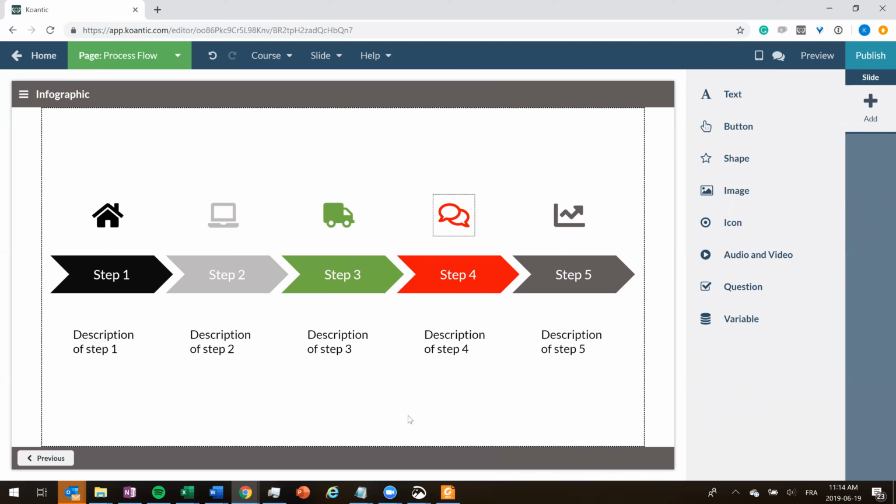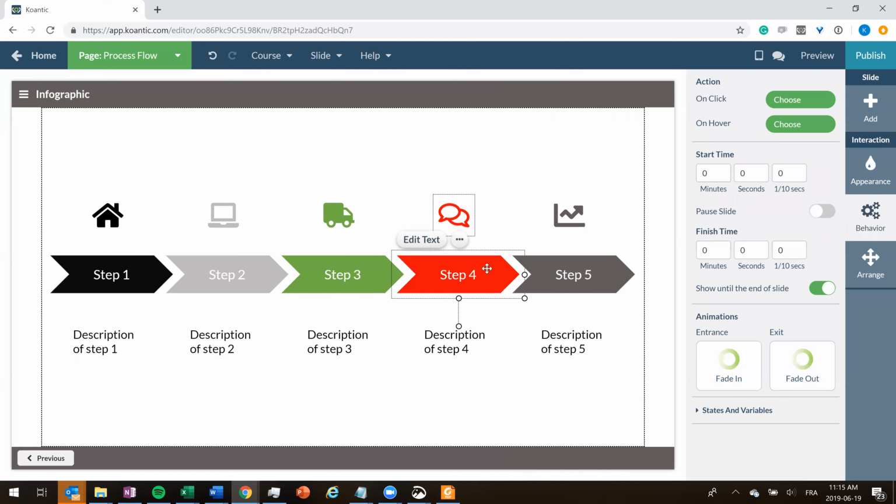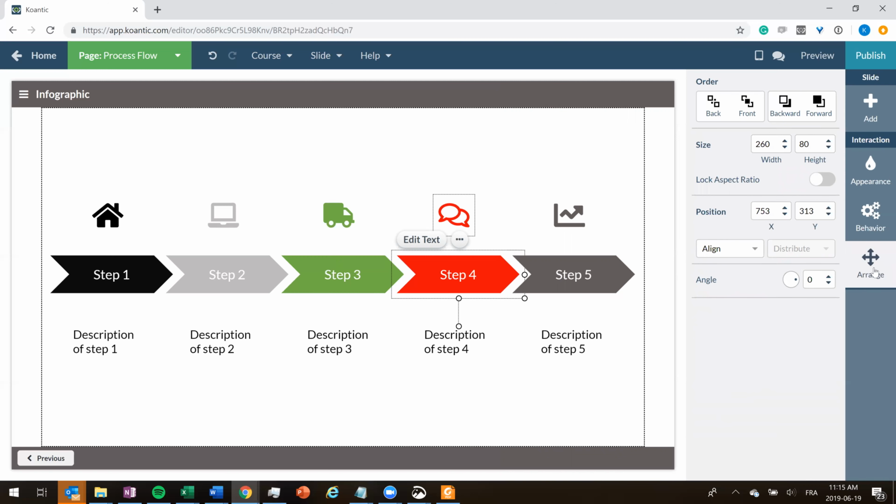So we were able to create something pretty simple, just a quick 5-step process flow with some icons and some text, that can be done in a matter of minutes. Once you get the hang of it and you see, all right, I can really work with my theme colors, define my text box, and then use my icons, and I can place my things. And using the different features to place everything together, we can work with the arrange feature,